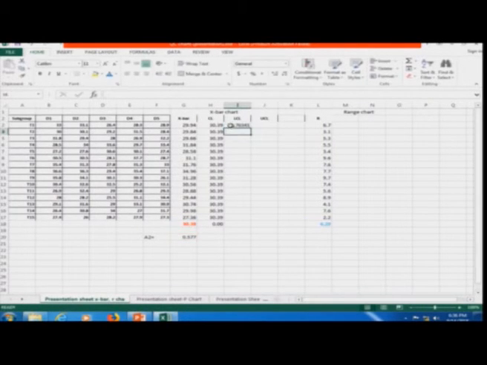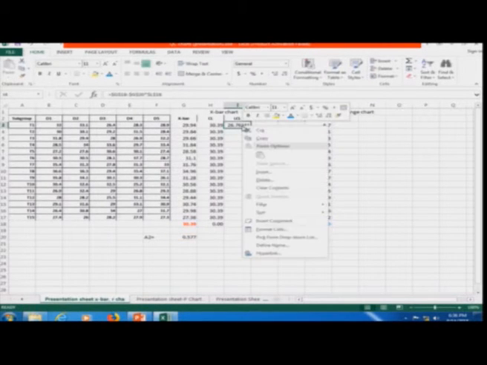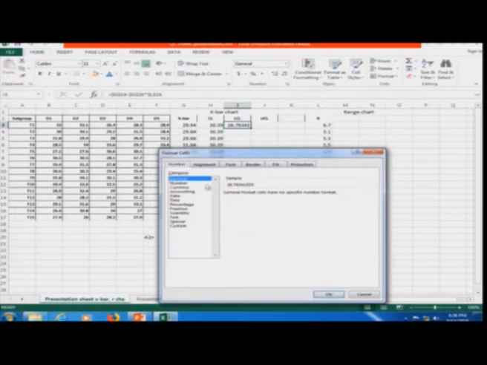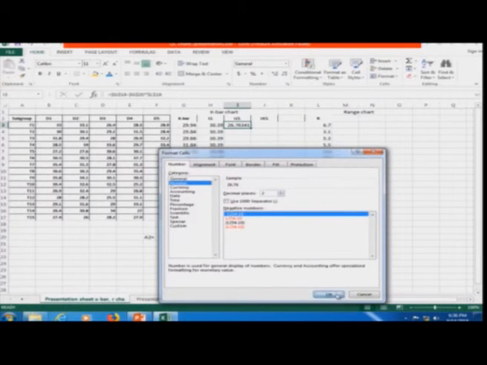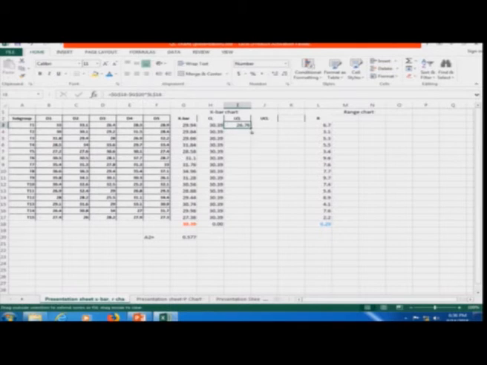So, I will just lock this value by putting dollar signs. The value of A2 is fixed, the constant A2. So, I am putting dollar signs here. The value of R bar is fixed, I am putting dollar signs again, enter. So, let me convert, this is format cells, 2 places of decimals. Now, if I drag it here, the lower control limit is this one.